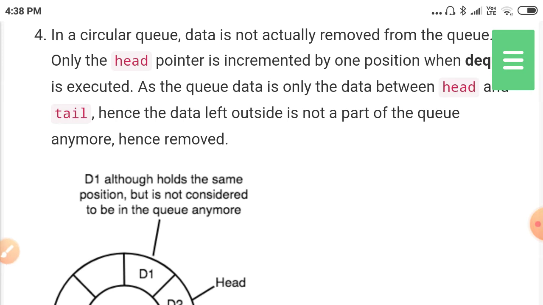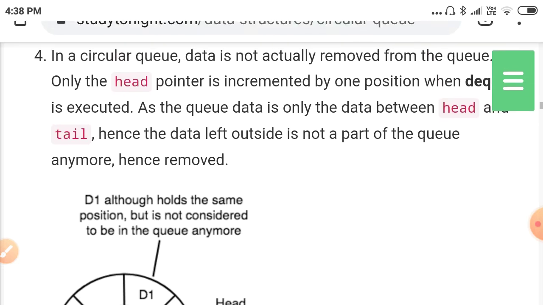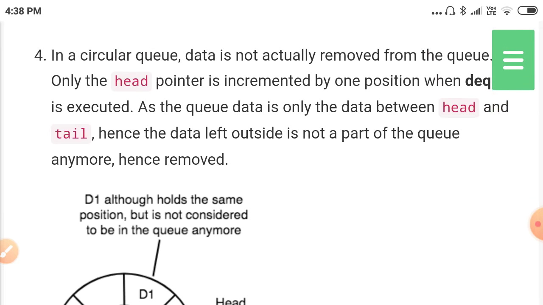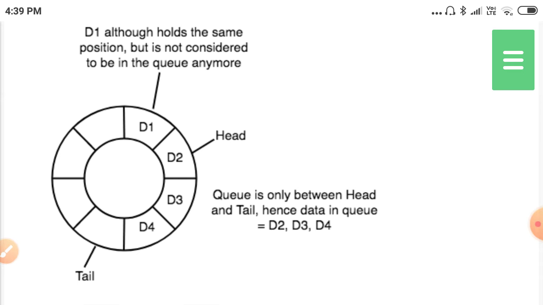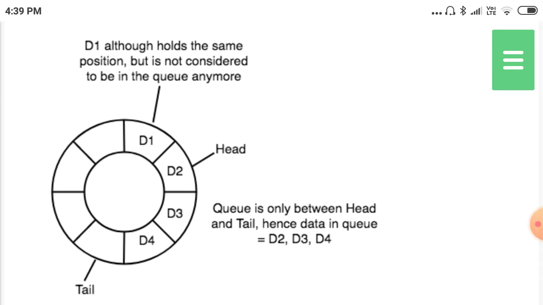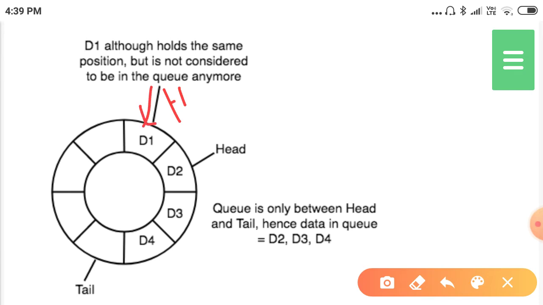Next, the fourth feature. In a circular queue, the data is not actually removed from the queue. Only the head pointer is incremented by 1 position, and the dequeue is executed. The queue holds only the data between the head and the tail. See here, previously the head pointer is pointing to this location.